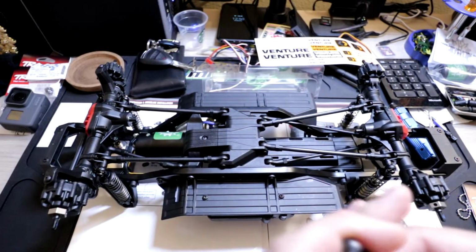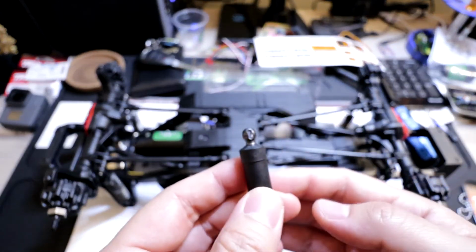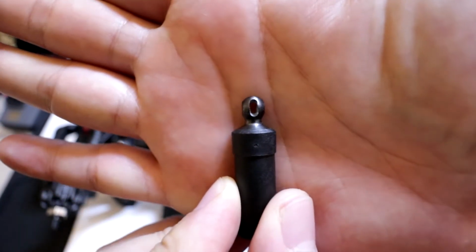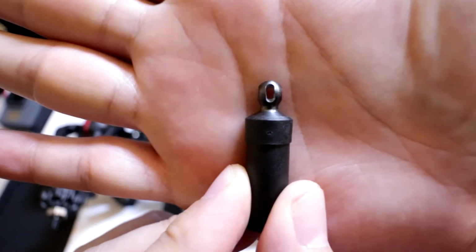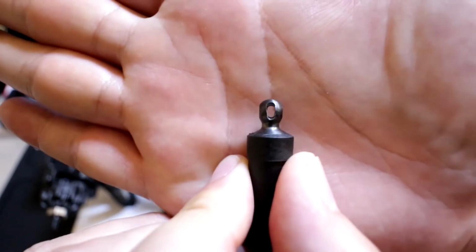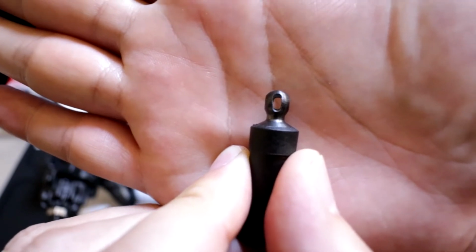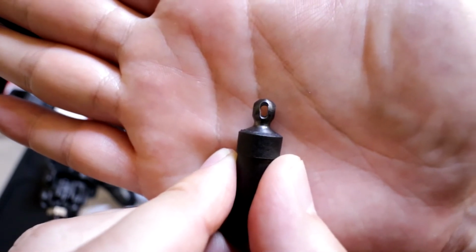Now, I did run into an issue with my drive shaft. One of the output drives was defective when I got it, and I don't know if you can see here, but that slot is cut in a diagonal or at an angle, and it's not straight up and down. So you can get a good look at it, and that's on both sides. When it's not cut straight up and down, you get some binding with the pin that goes through there. So basically what I had to do is call up Traxxas, and they sent me a replacement part,